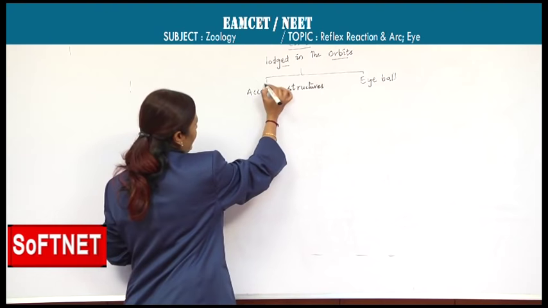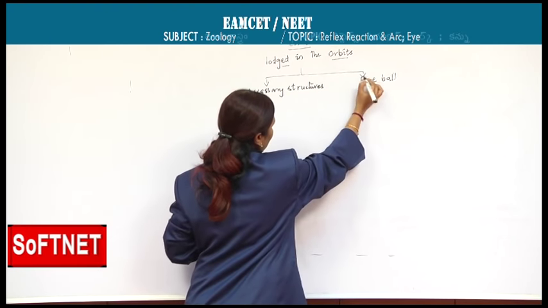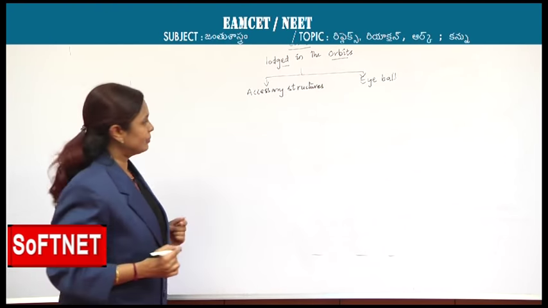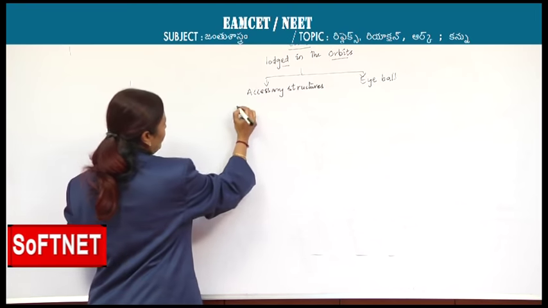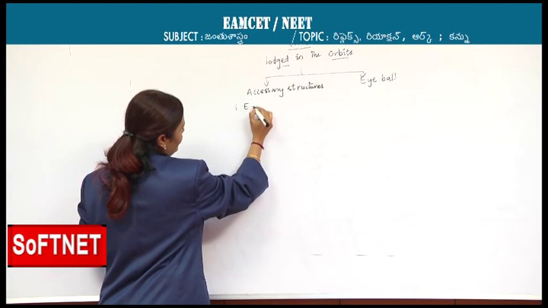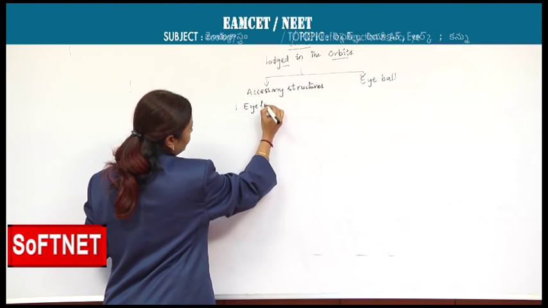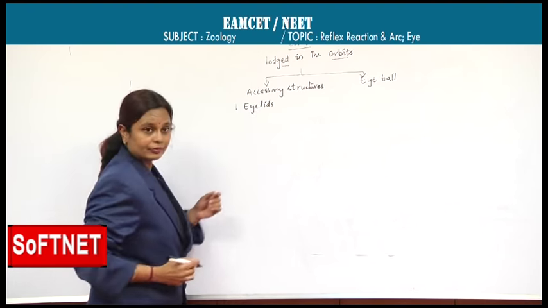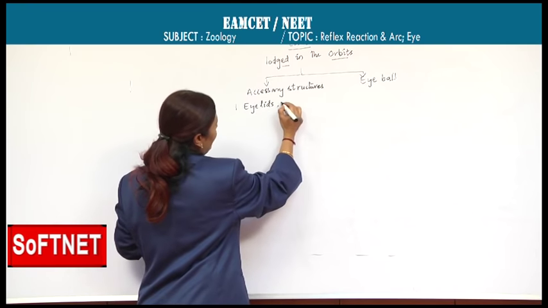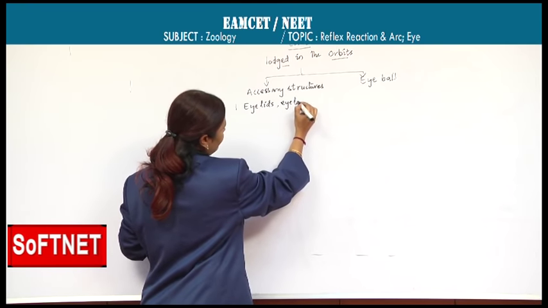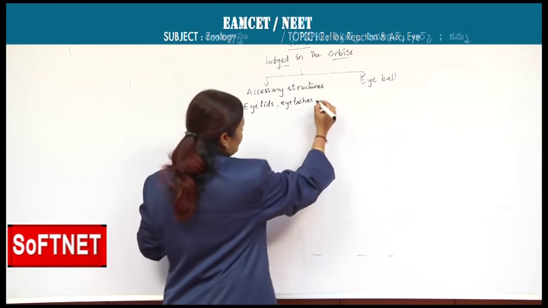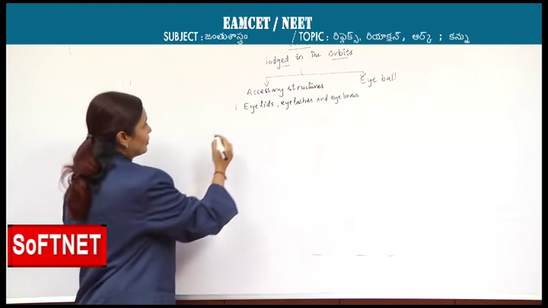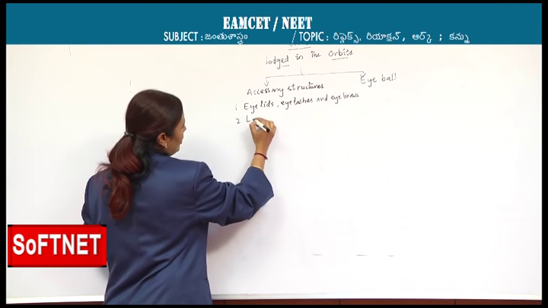What are the accessory structures associated with the eyeball? Let us learn these accessory structures under different heads. Number one, it is eyelids, eyelashes, and eyebrows. Number two, it is lacrimal apparatus,